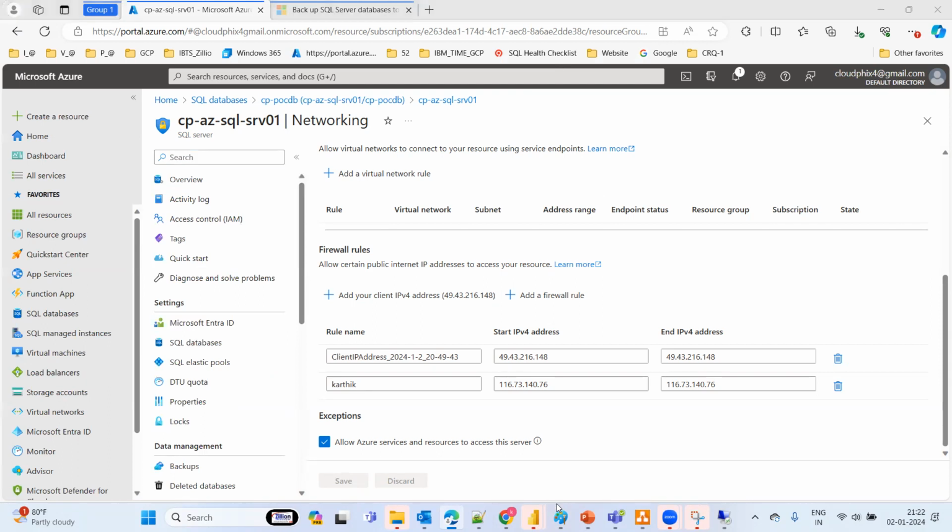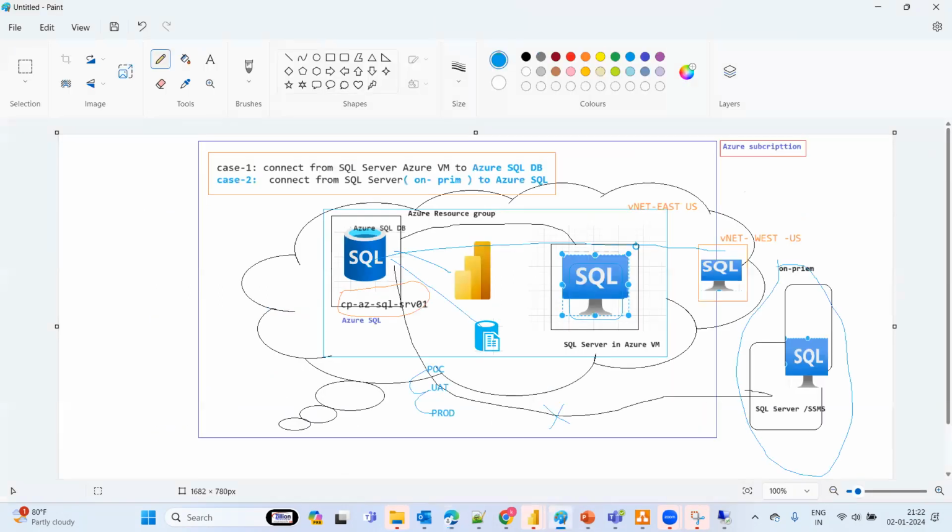Any questions? Have we completed this POC, everything? Yeah, this POC we completed everything except Power BI. Yeah, we completed, right? So we just connected